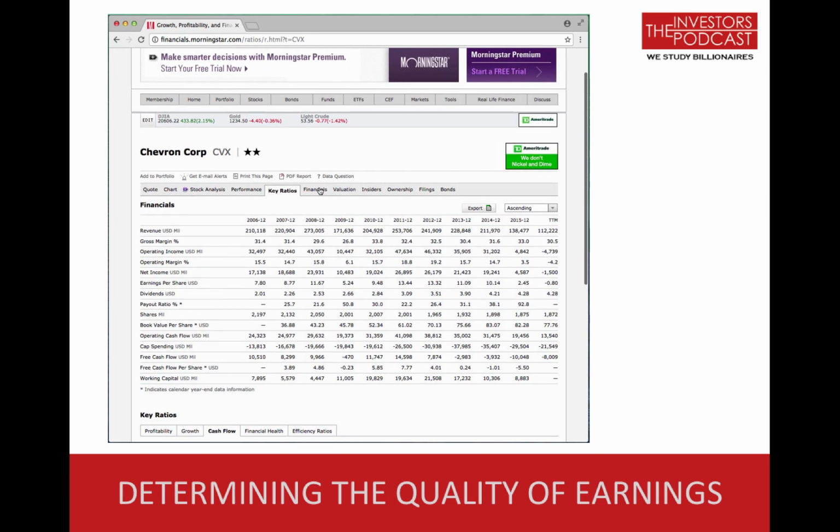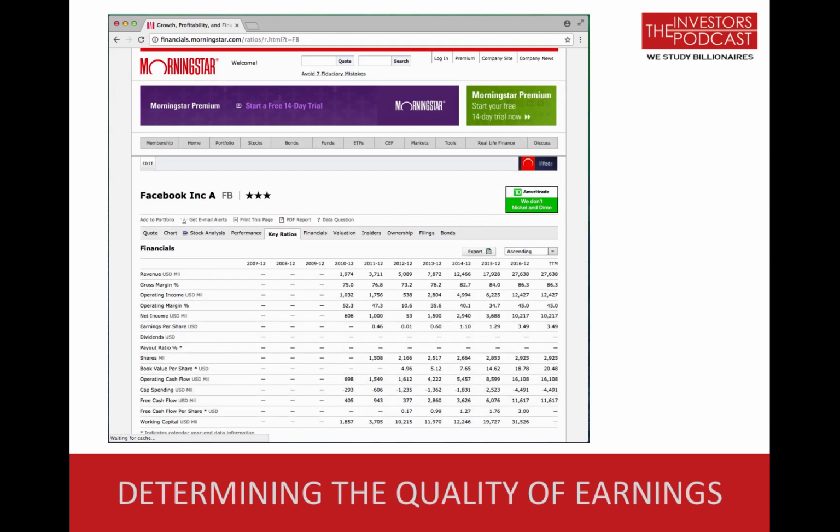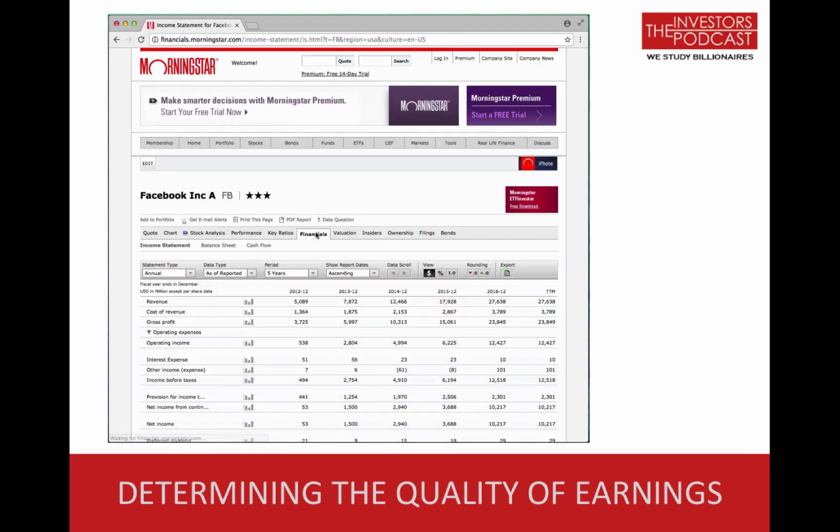All right, so let's go ahead and pull up Facebook again, and I want to show you a comparison between the income statement and the balance sheet. Something else to look at for the quality of earnings. This would be called the quality of revenue, or the top line. So we pulled up Facebook, and then you're going to have to click on the Financials tab here